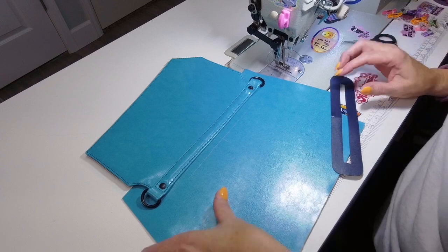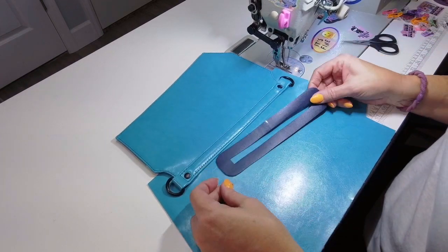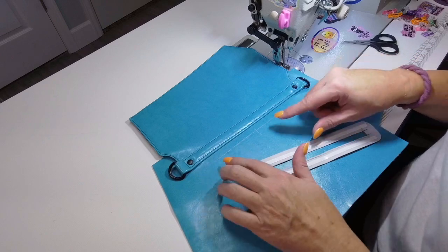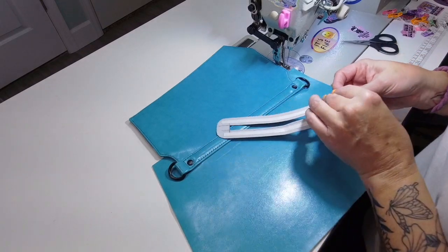All right, so I'm going to add my zipper pocket to the back of this bag. I have my zipper overlay. I've got my marking here. It's on the pattern piece. I just kind of measured it and figured out where, and I have my center marked on both these pieces. Tape through the